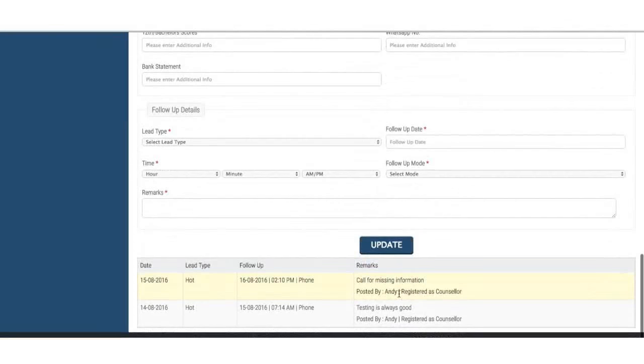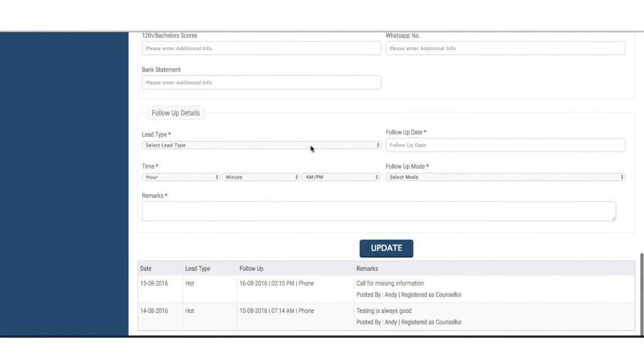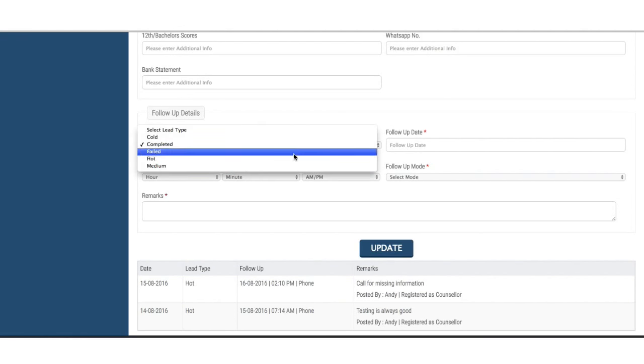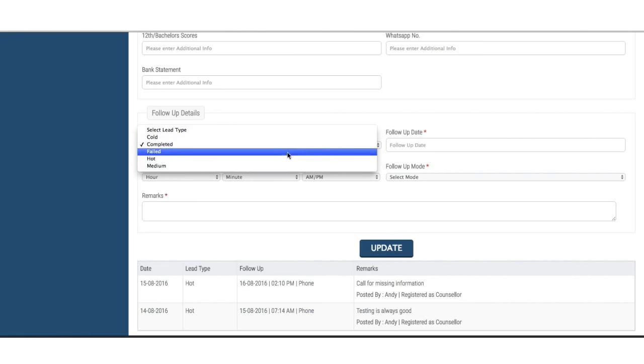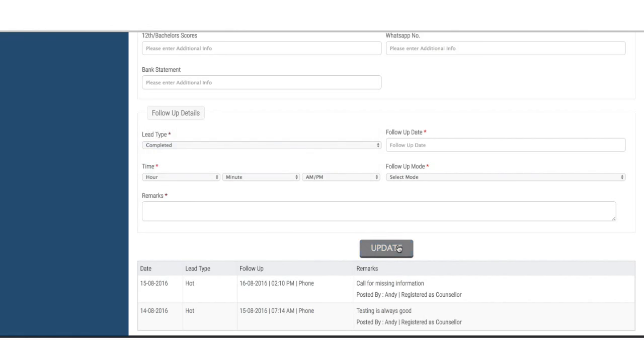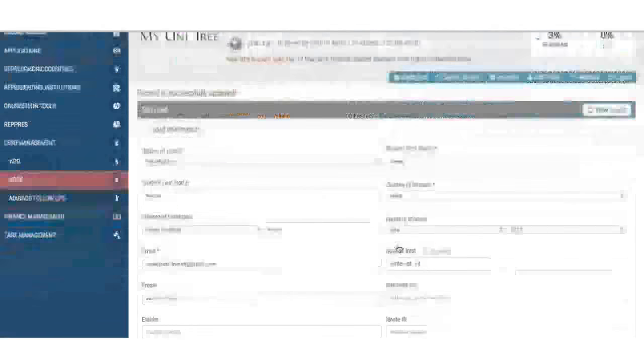He's ready to apply. So what I do now is, he said, oh, I've got my documents. So I will complete this lead. Select the status completed. I don't need to select any follow-up date time in this case. Only when I am not completing it, instead I am still asking for a further follow-up, I will do that. If I'm completing a lead, which means I'm turning this into an application, I go on, press update, and when I